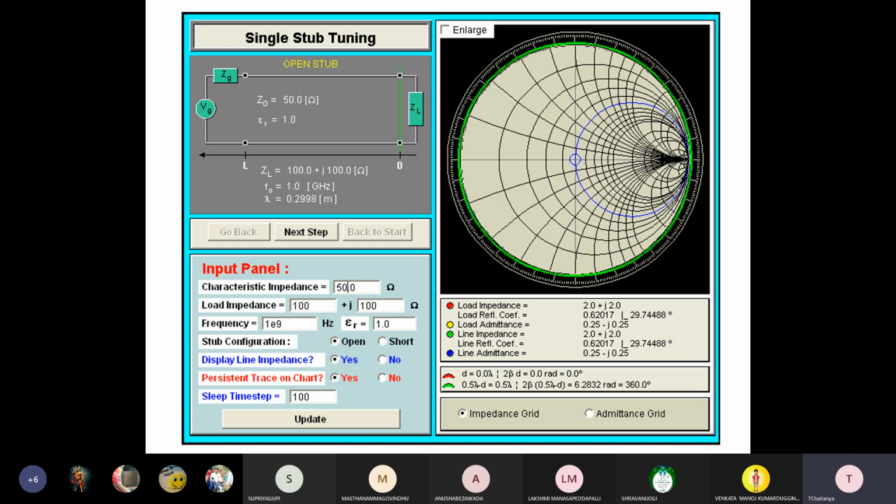See, this one is the stub matching tool. This is the source end, this one is the destination end, and from this we provide a matching line, where ZL is here. F naught, the frequency, is 1 gigahertz. All parameters are entered in the GUI, where we give all input values, and according to that it simulates and provides the response through the tool.